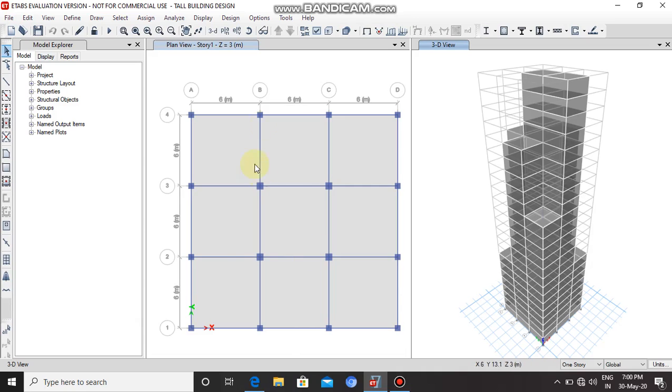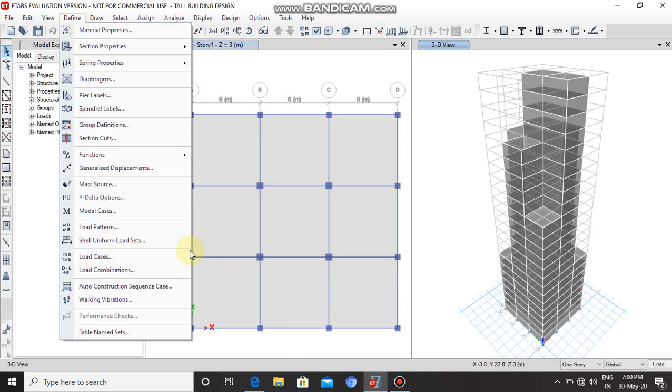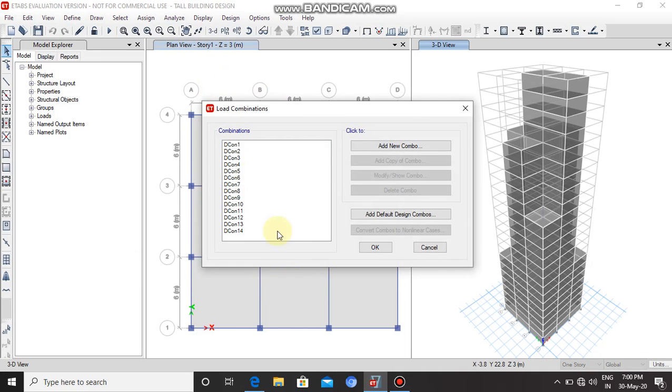Now for the load combination, go to Define Load Combination. Here we can see the different combinations, that is first the dead load, then dead load and live load. Third one is dead load, live load and wind load. Every combination of load is given.